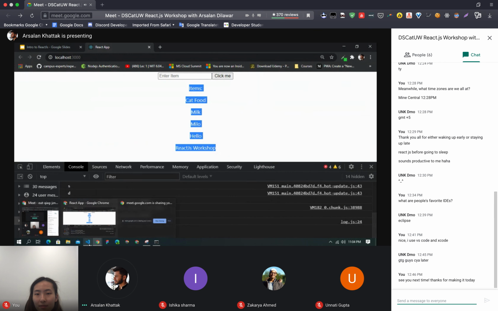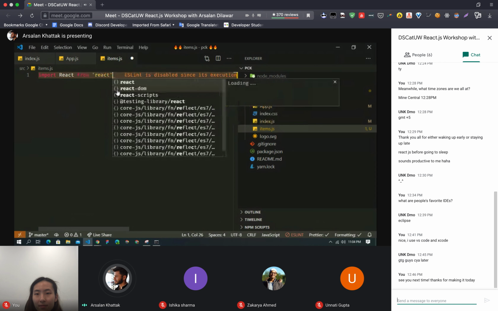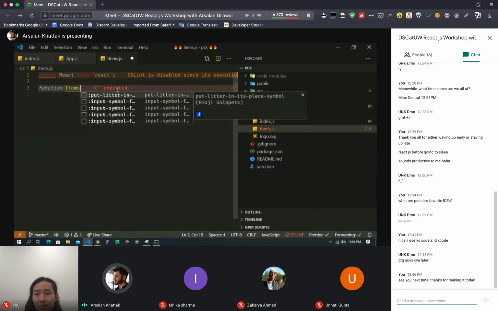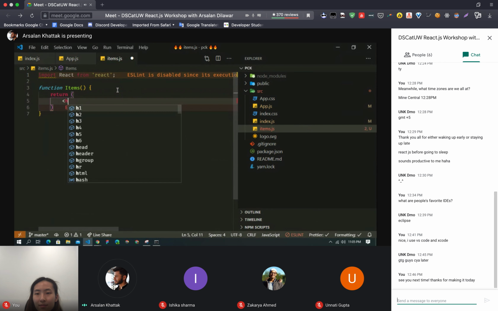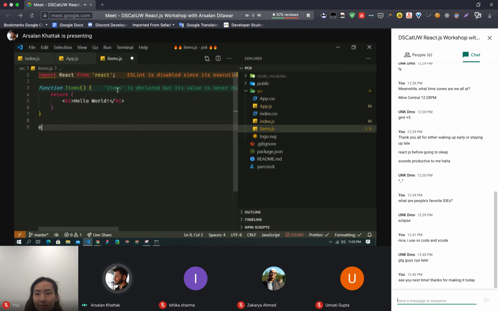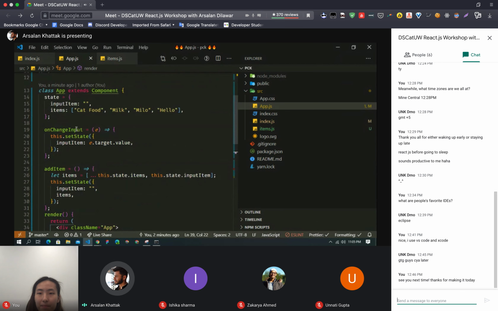For that, we go back here and import React from React, and I'll make a simple function called items that returns, let's start with, hello world, and export default items. Now import this in app.js.